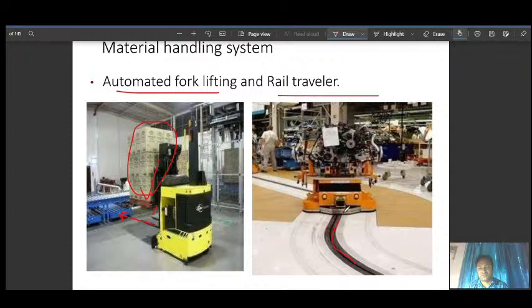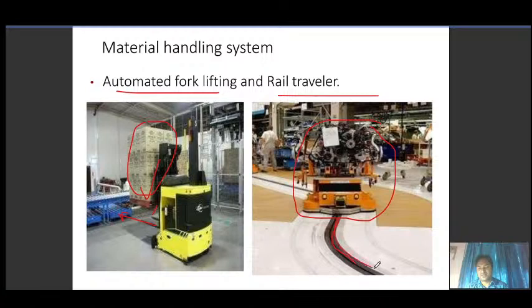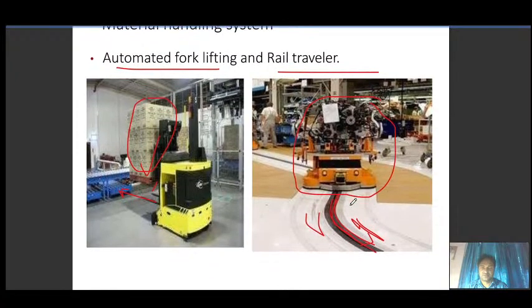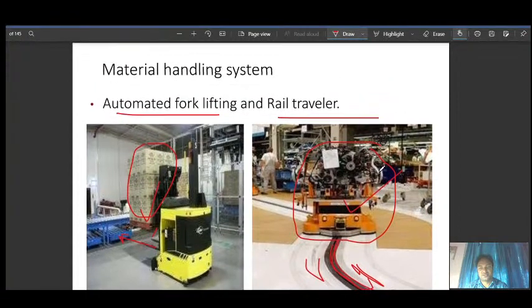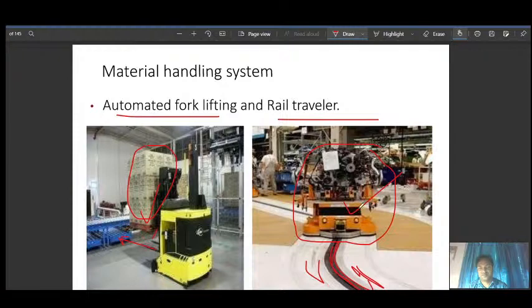So this machine, the AGV, will move along this path and the path is fixed. No person is allowed to roam in this area. So it is called a rail traveler. It will travel along this path. Its work is loading and unloading of the material or parts.